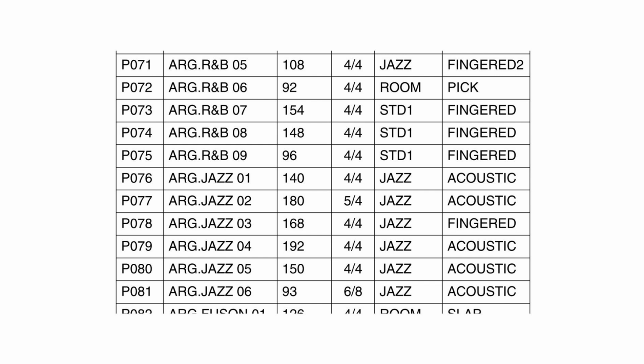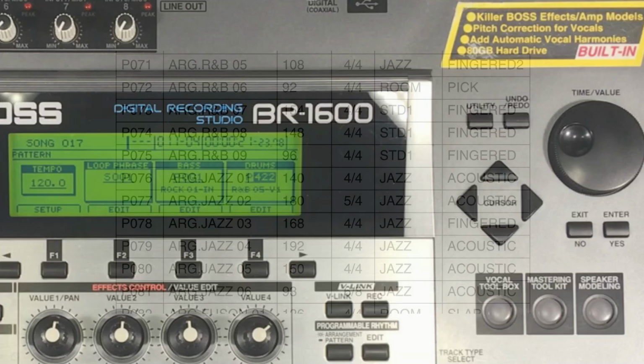Even though each drum, bass and loop phrase pattern has its own time signature, they will be modified to conform to the current time signature set in pattern mode. This is known as the universal beat setting. It allows for patterns with different time signatures across the drums, bass and loops to be played together.